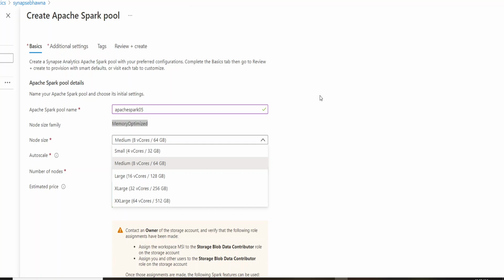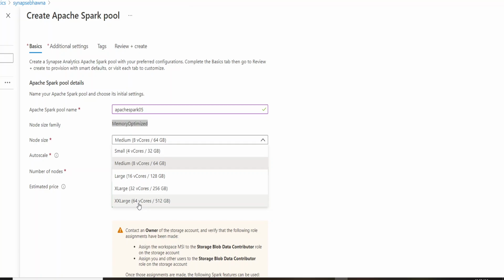So how do you decide on which option to choose from? Let's say your work requires 64 vCores to be taken. Now in that case, you choose your extra large cluster over here which has 64 vCores, and because you need one more core, you come back and you add another Spark pool with 64 vCores.